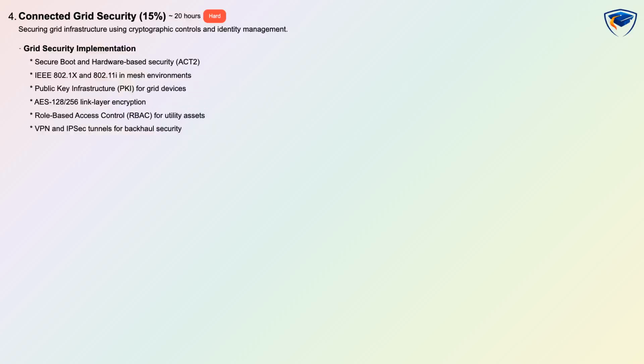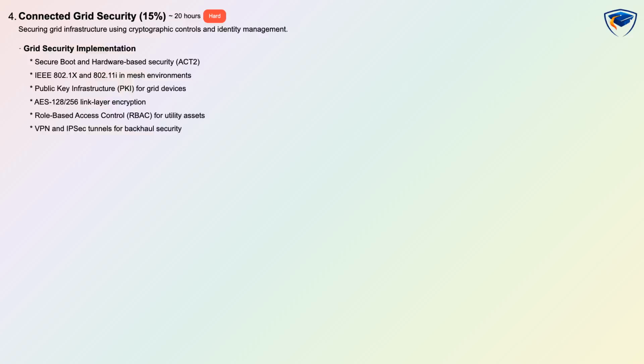Connected Grid Substation, at 15% weight and medium difficulty with 15 study hours, covers networking design for substation automation and rugged hardware. Study Cisco CGS 2500 series switch architecture and environmental hardening standards like IEC 61850-3, and learn how GOOSE messaging is used for fast substation event exchange. The curriculum also covers redundancy protocols such as PRP and HSR, and precision timing using IEEE 1588 v2 PTP to ensure synchronized operations. You will be able to design highly available, time-sensitive substation networks that meet industrial reliability and regulatory